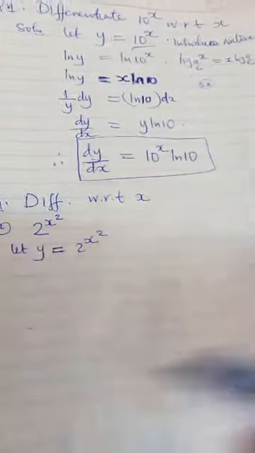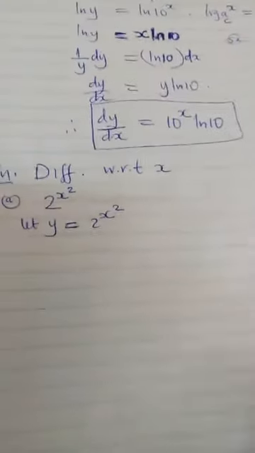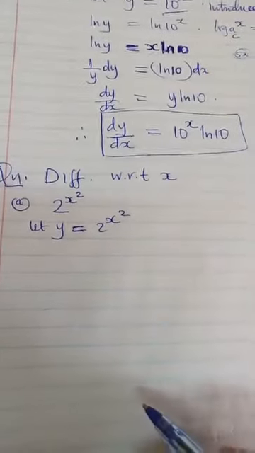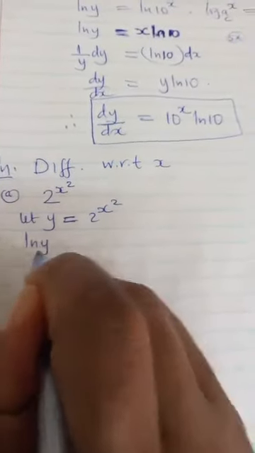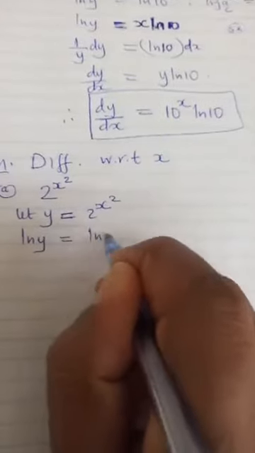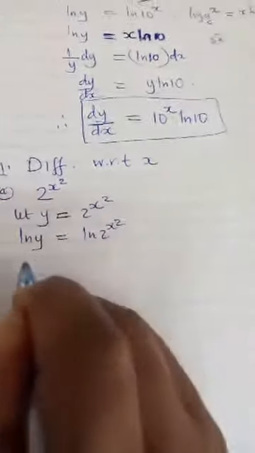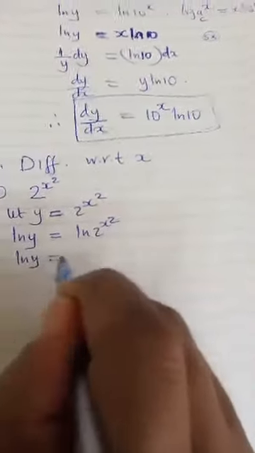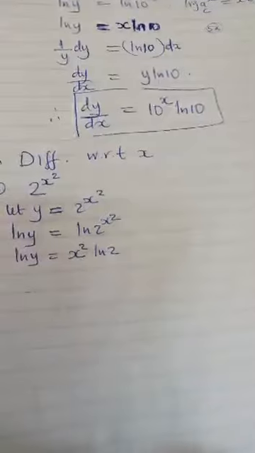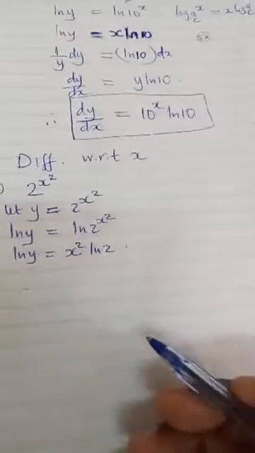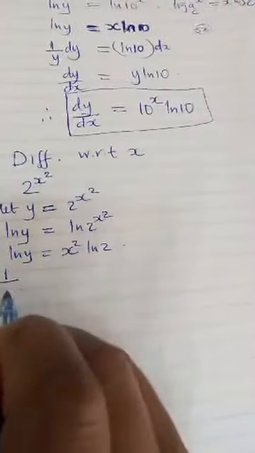So let's introduce the ln. The ln will make it much faster and easier. If we introduce the ln, it gets us to ln of y being equal to ln of 2^(x squared). And this means that ln of y gets us to x squared ln of 2. Which makes it easier for us now, because we already know that ln of y is the same as 1